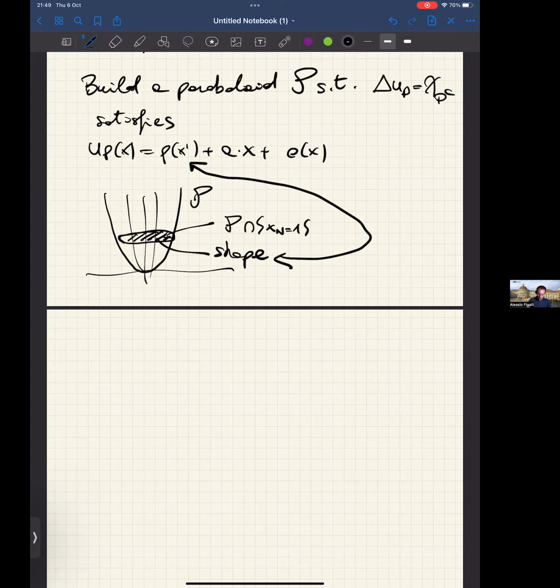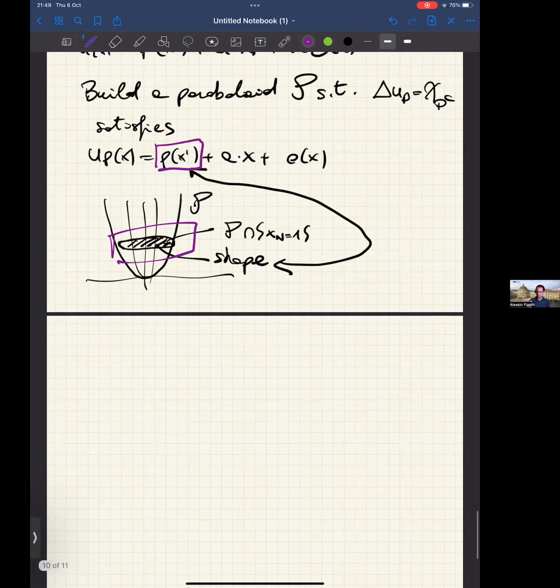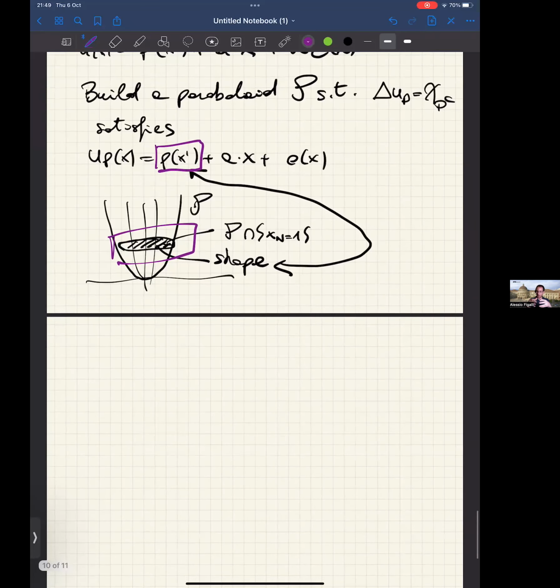So once you tell me what the polynomial is, there exists a unique shape which generates that polynomial. Okay, so that's how I fix the second order term, by choosing the shape of the polynomial when I intersect with xn equal 1. But I still have a degree of freedom because this is just the shape, it doesn't matter the size. So if